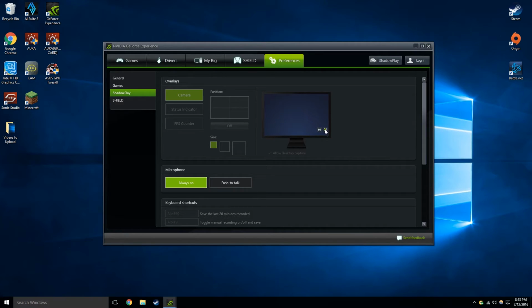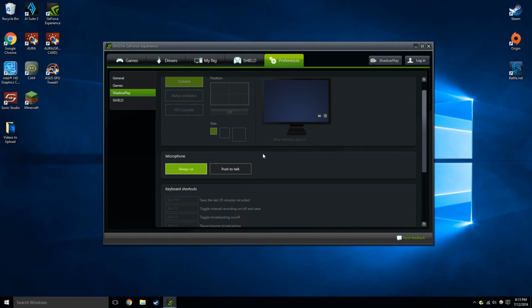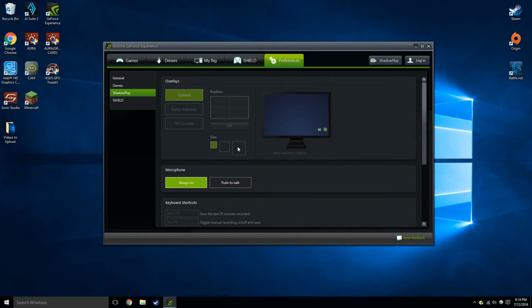It lights up green like that when you're recording manually, and it's always doing that little white part when you're doing ShadowPlay. And when you press the save button, it just shows a little down arrow to indicate that it's saving something. Also, there's an FPS counter. You can just change the positions here, which I don't actually have right now, but obviously it would show in game, not on the desktop. So yeah, you can also change the sizes,